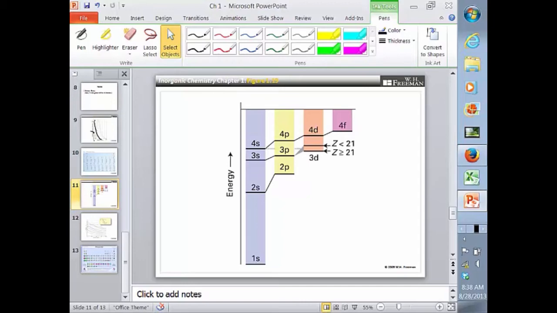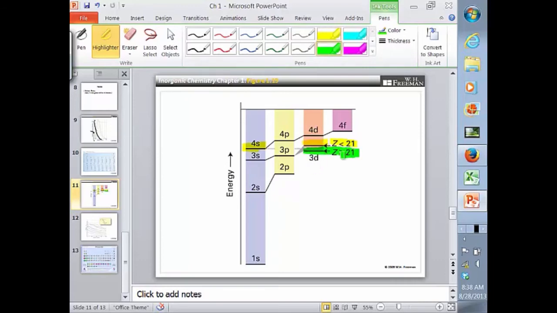We're going to focus on the 4s here and the 3d. For Z less than 21, notice that the 4s orbital is in fact lower in energy than the 3d orbital. But the higher we get in number,